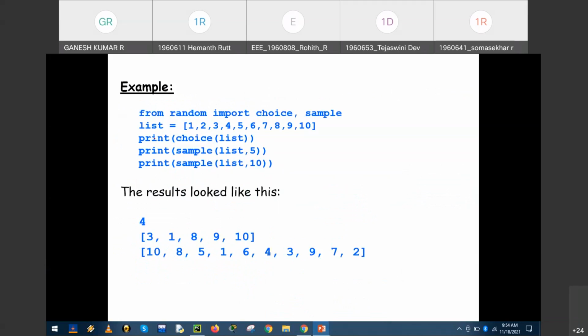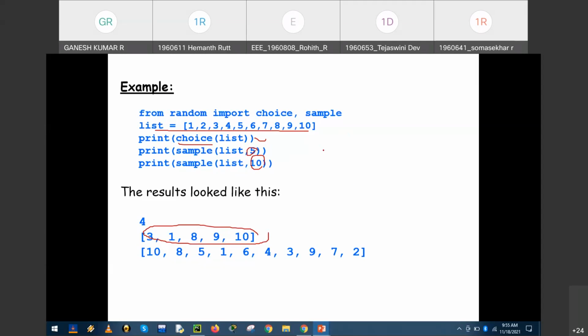Okay. So we can also have a defined list with 10 values. Choice of list, comma 5, will display the values. This choice function will pick, the interpreter will pick its own choice. With list comma 5, we can specify only 5 values. We can also select all 10 values.